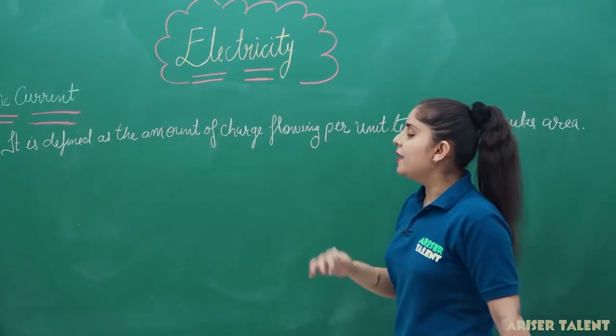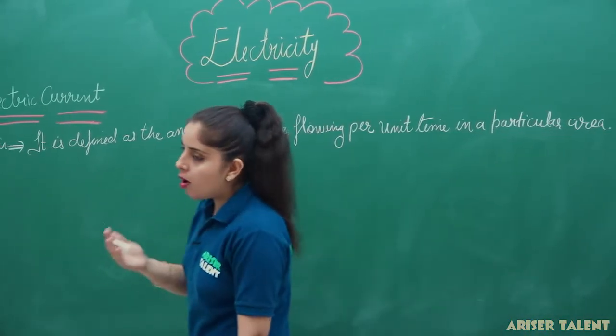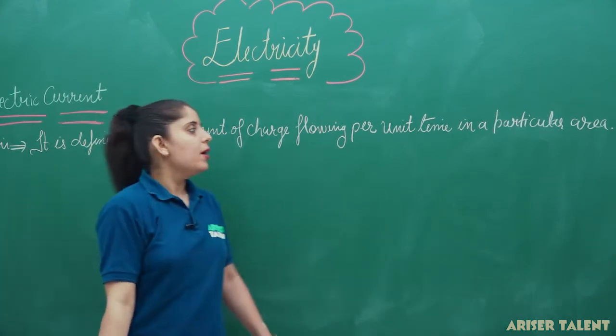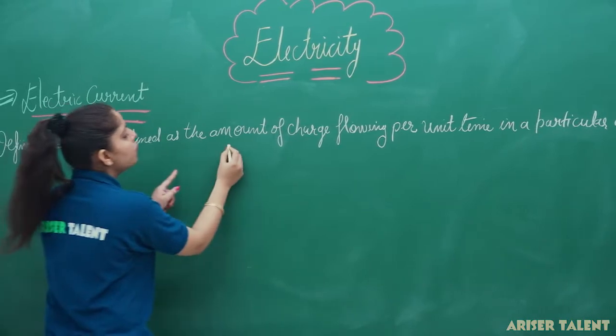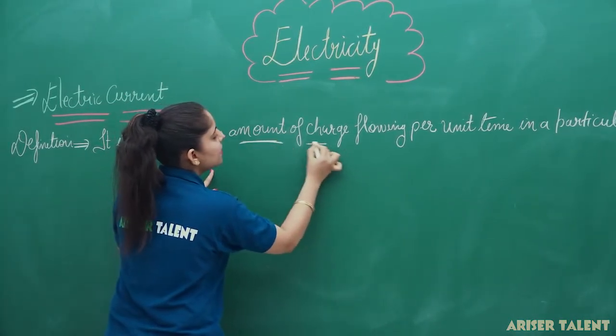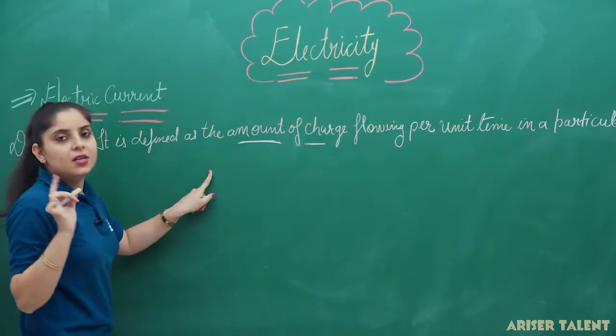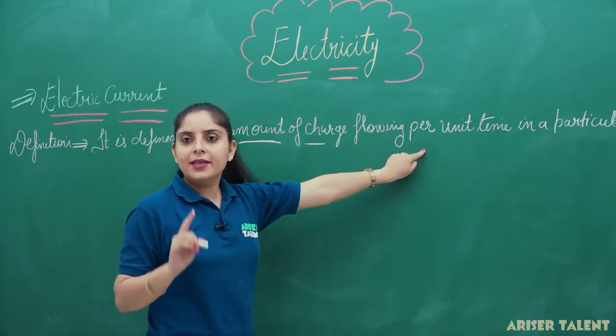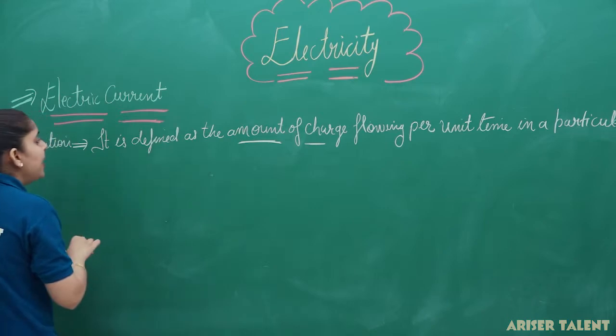or we can say that it is the flow of charges from one conductor to another, and that conductor could be metal also. Now this is the amount of charge, what we have discussed. So, the amount of charge flowing per unit time. So, I can write that